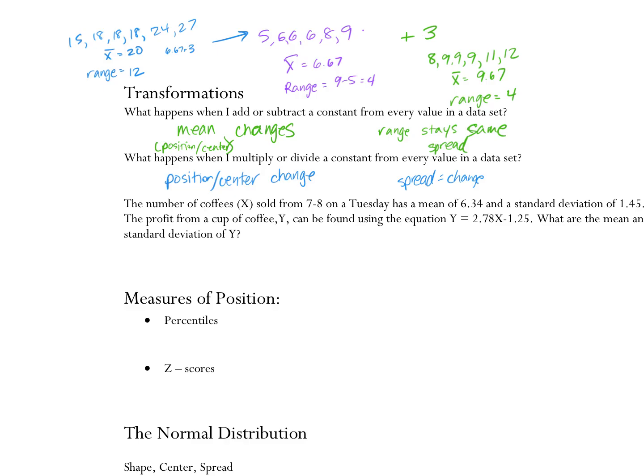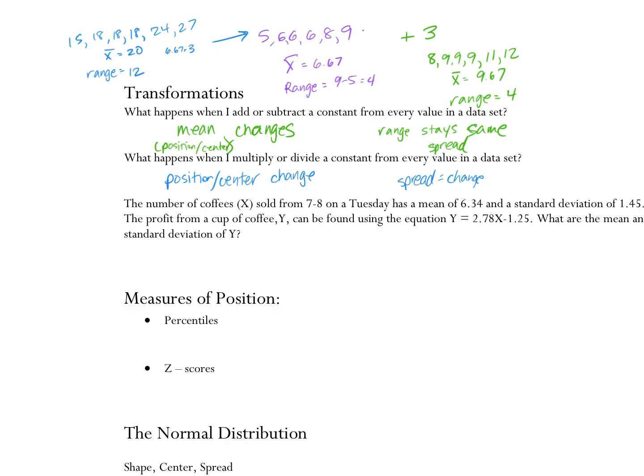All right. So now it turns out that the profit in terms of materials for a single cup of coffee is $2.78. But on top of that, this would include, say, the cost of supplies, but then you also have to pay for rent and the employees, etc. So that's the intention of this equation. If I sold 8 cups of coffee, my profit would be 2.78 times 8 minus 1.25. That's the intention. So this would be us doing a transformation based on the number of cups of coffee that were sold.